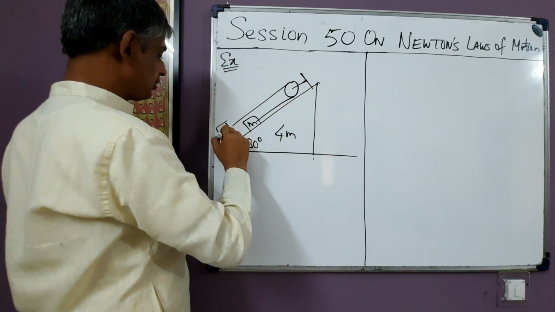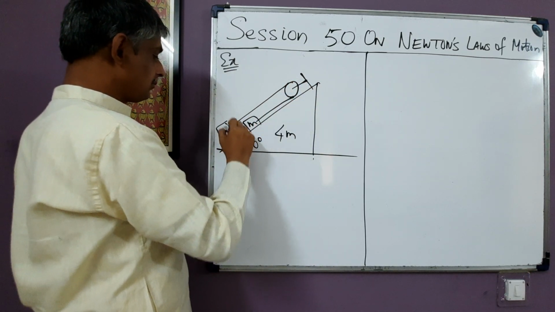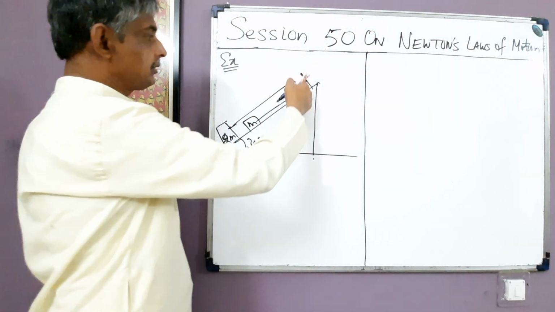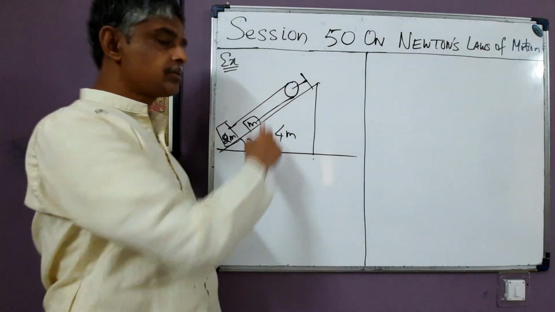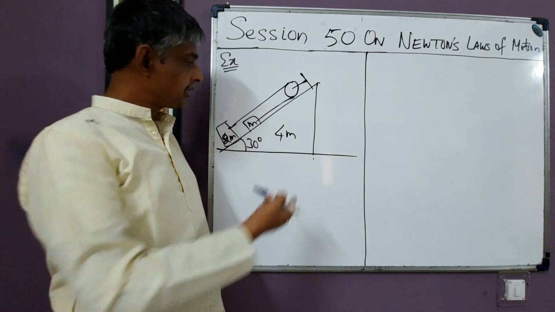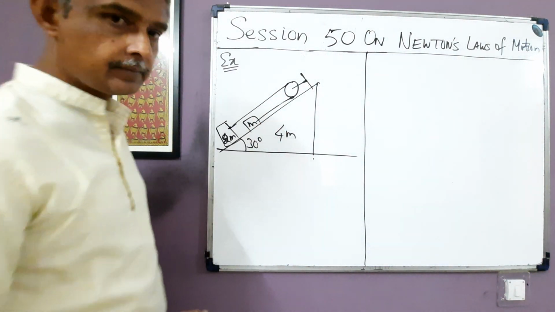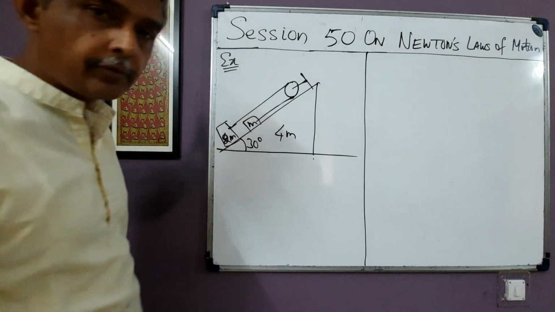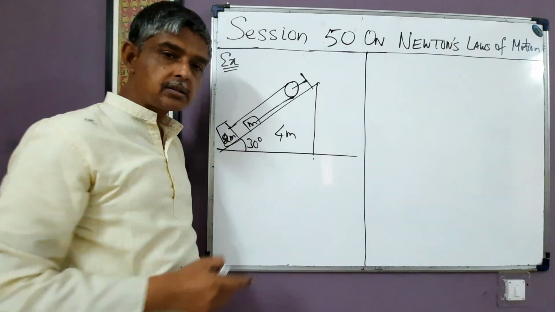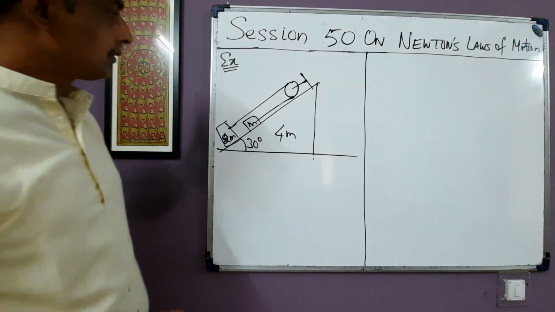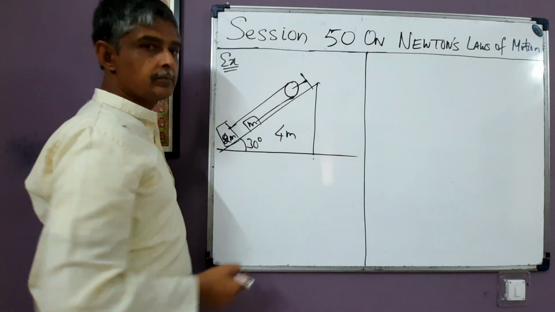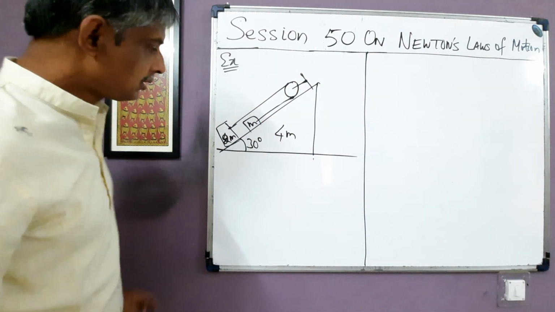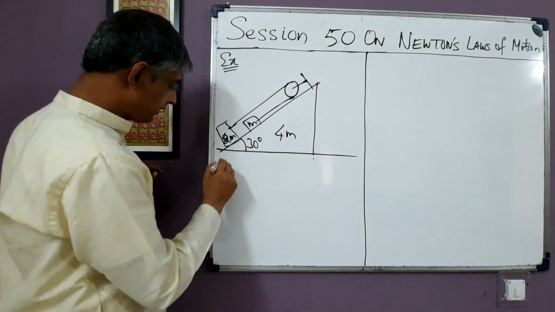And here we have a block of mass 2m. This is a string. This string is massless and inextensible. Pulley is light and smooth, and there is no friction anywhere. The string is massless and inextensible. And this is the fixed rigid support attached to the wedge. Here we have a massless pulley. Now question is find